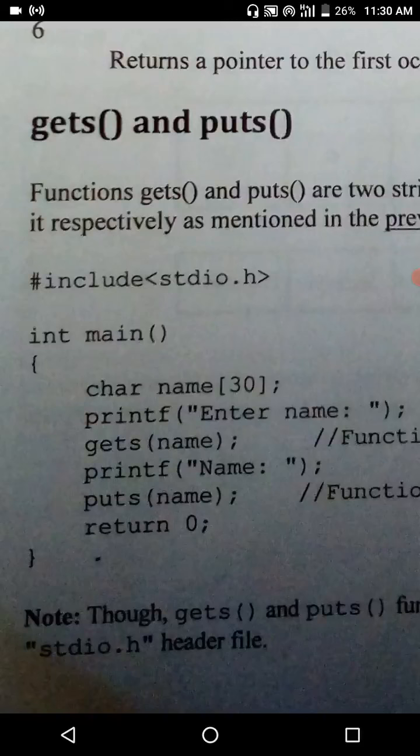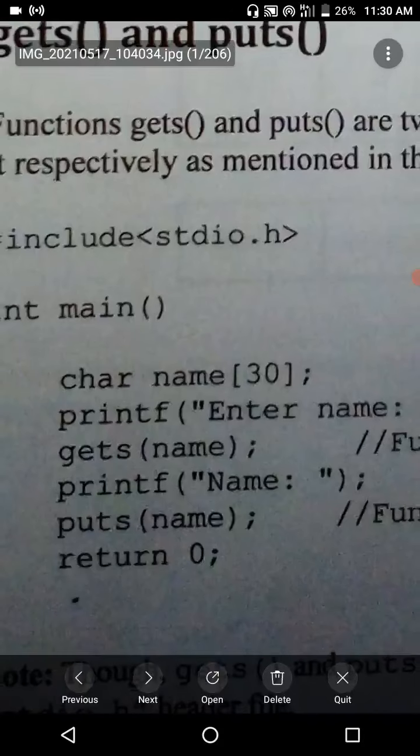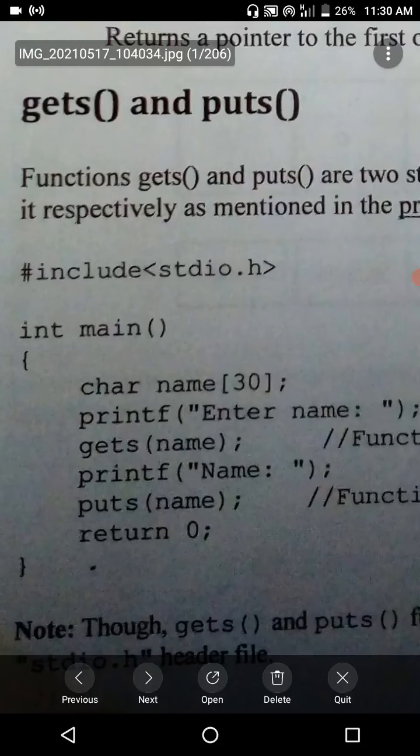So getchar and putchar are input and output functions for taking a single character. gets and puts read and display strings, while getchar and putchar read and display a single character.